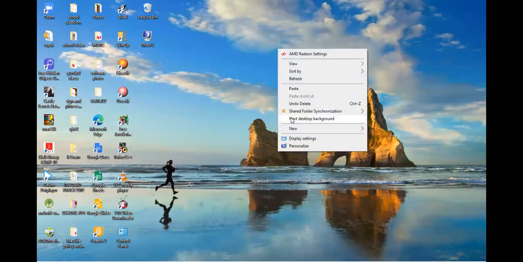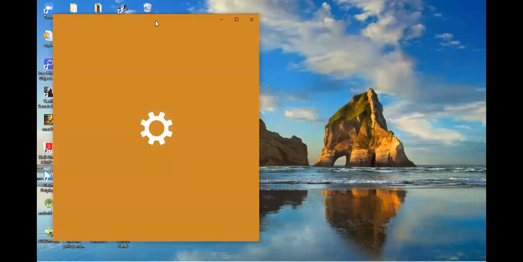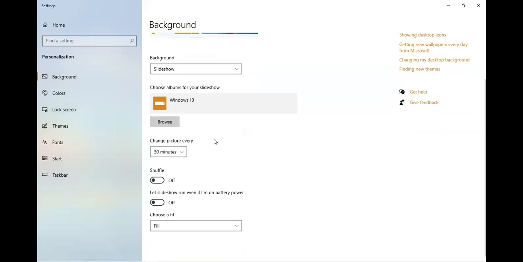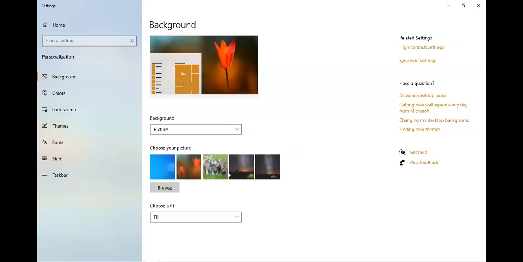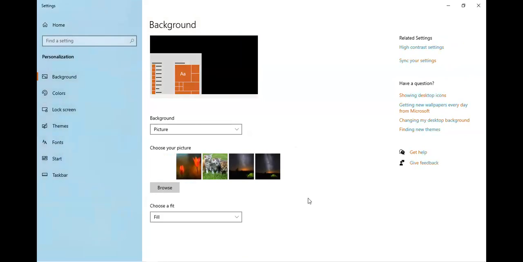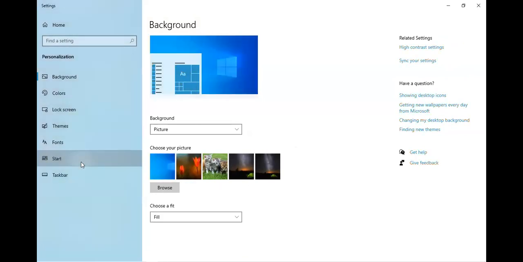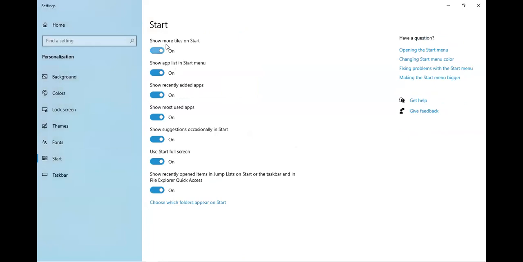Then the last option is the personalization of the display. Here you can change the screensaver and the background of the screen. After every 10 minutes, the whole picture will be changed. I can also change the start settings.